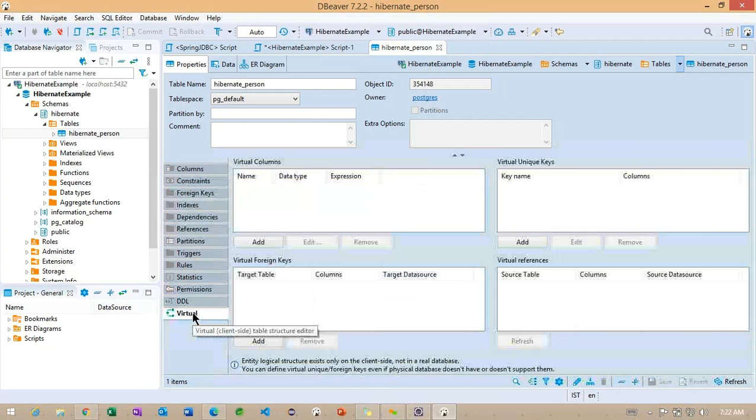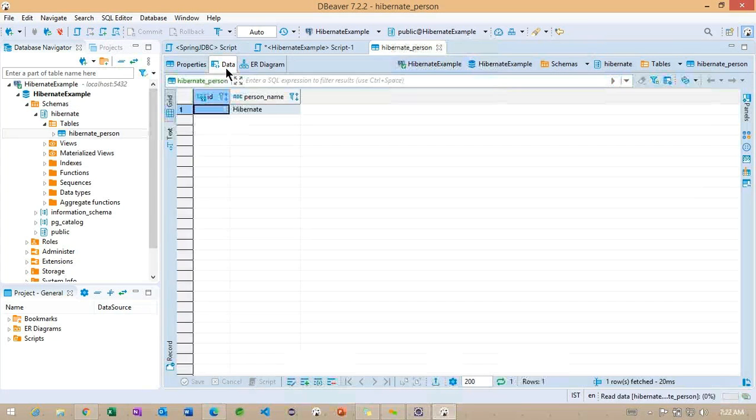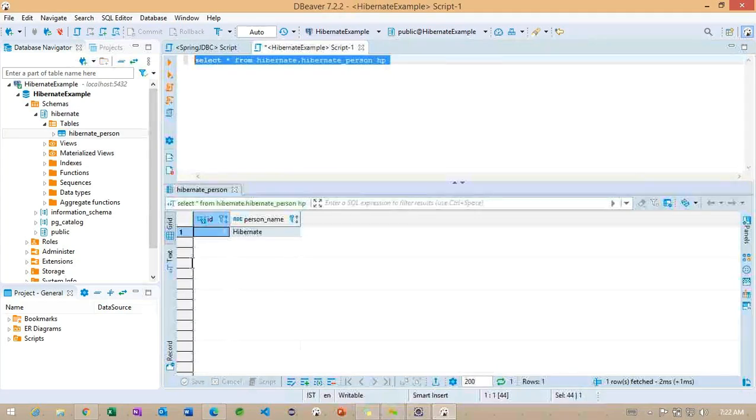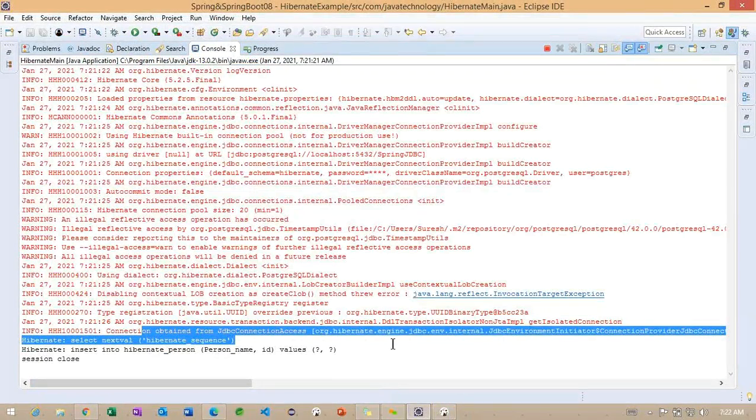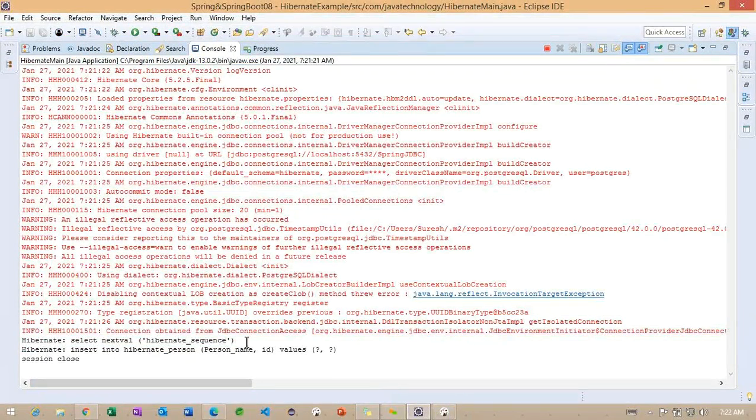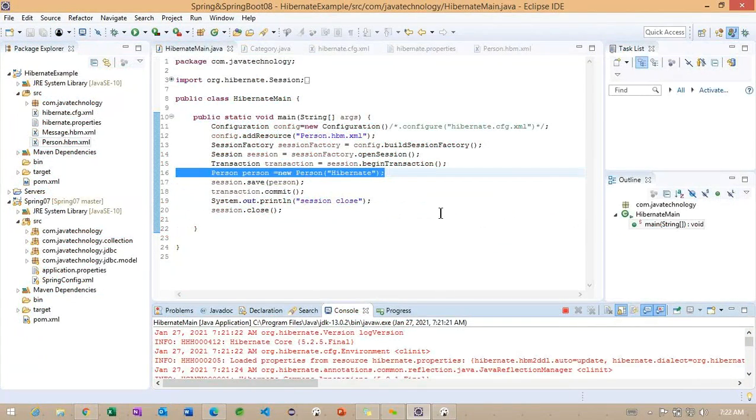Foreign key. Okay, the sequence is also not yet created here. Source table, comment, PG. Okay. We'll check this information later, because why the sequence is not working properly here. Every time the sequence is generating, but we are unable to find the new record here. Okay, so we'll see later.